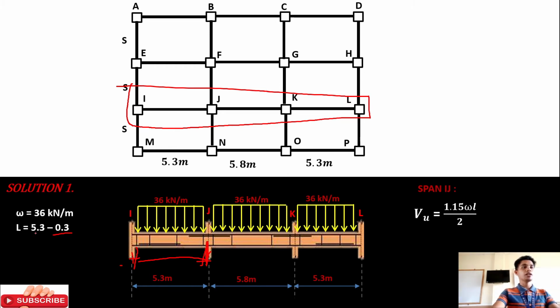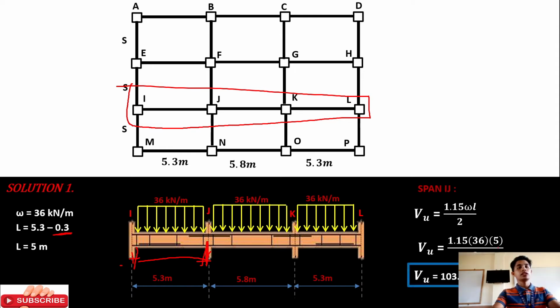Ibig sabihin, yung 5.3 meters, babawasan natin ang dalawang kalahati ng column. So, mababawas yung isang dimension ng column na 0.3. So, clear span is 5 meters. So, substitute doon sa formula, 1.15 times 36 times 5 over 2. Answer is 103.5 kN. So, it will be the shear doon sa ating